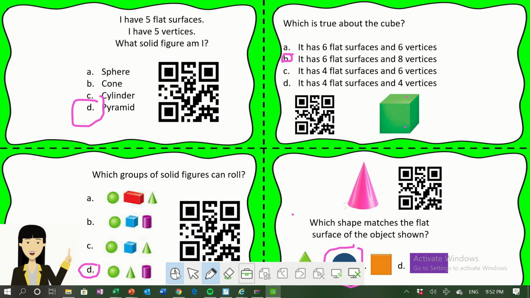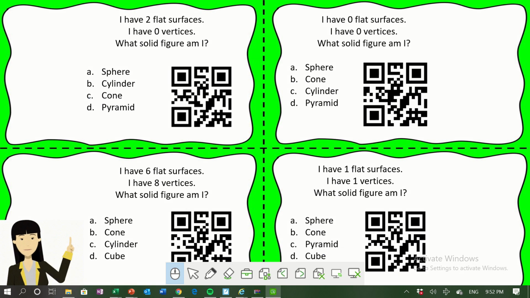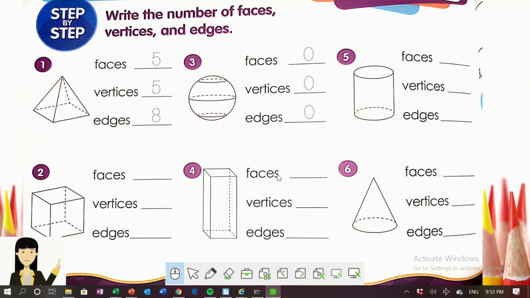Now, let's go to the next. Okay. This is your book. In your textbook, lesson 4. Let's see now and practice again. As I told you,